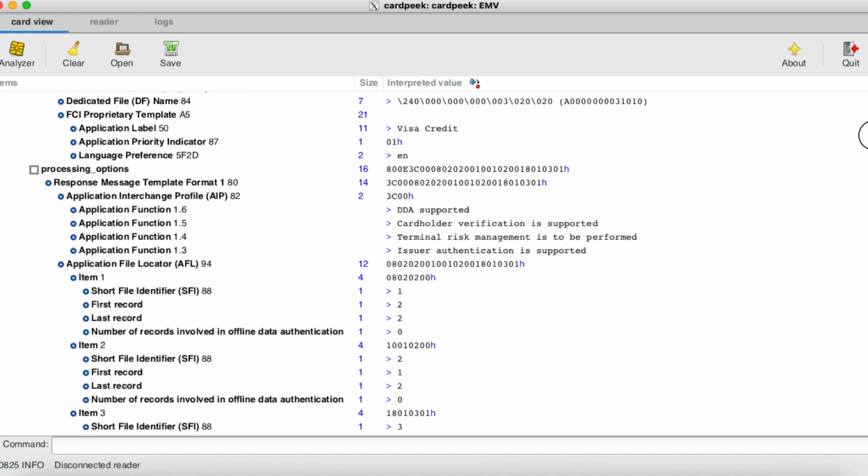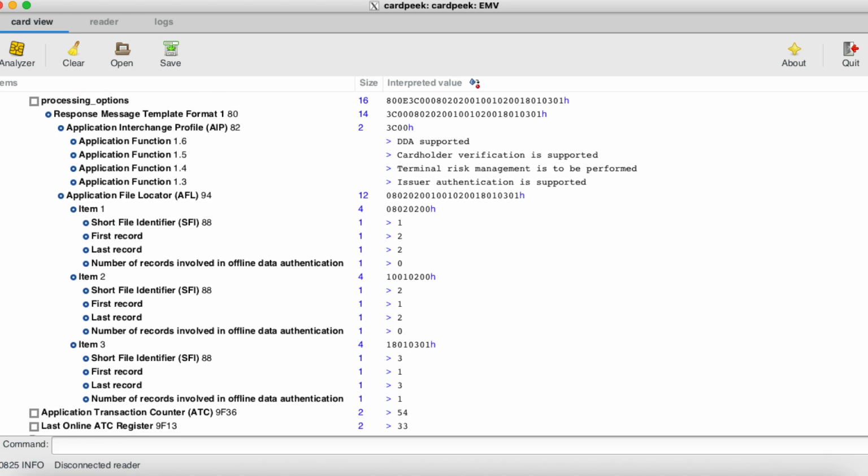The output of a get processing options command is the AIP information, that is the application interchange profile, and the application file locator data. The AIP tells us the capabilities of that particular card.